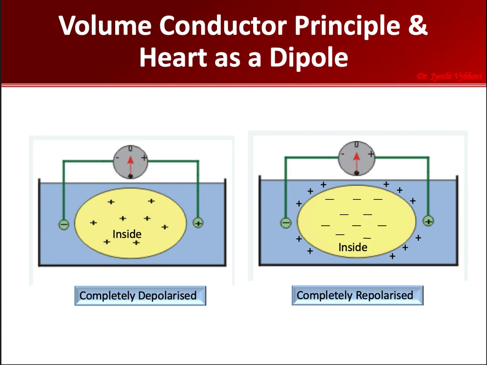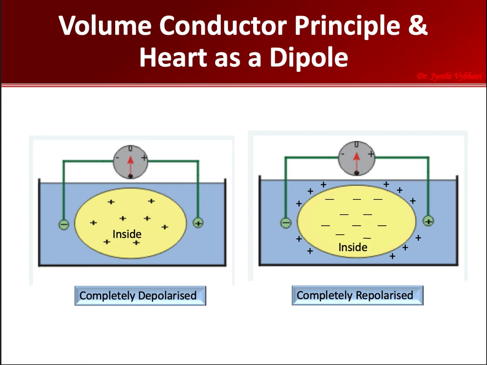In the same experiment, when the heart is resting, the membrane inside is negative and outside is positive, and when there is no electrical activity, you don't pick up anything. There is no change in the galvanometer deflection. You cannot record anything. Meanwhile, when the heart is undergoing depolarization, there is a deflection, but when it is completely depolarized, the entire inside is the same. There is no dipole here, so you cannot record anything.